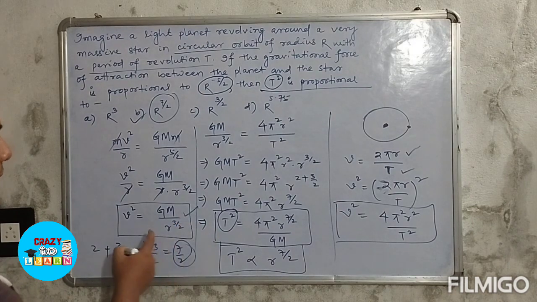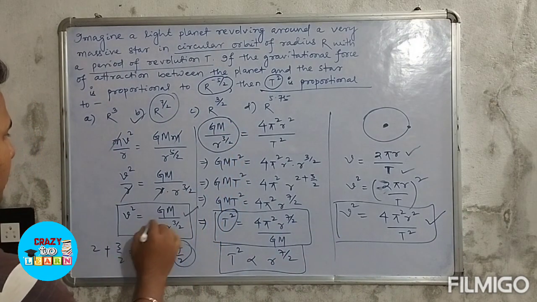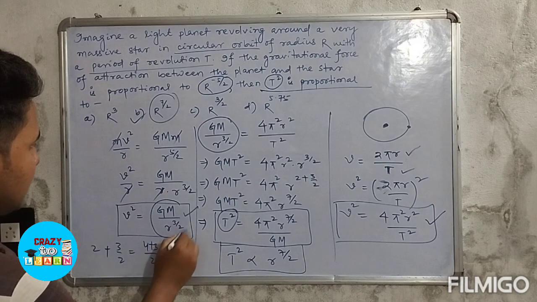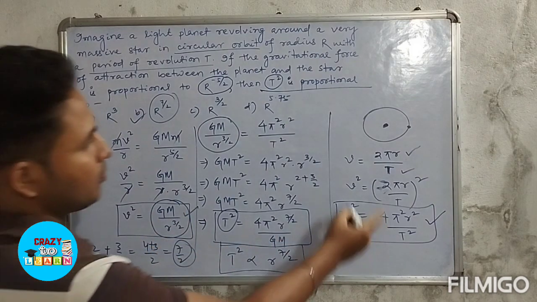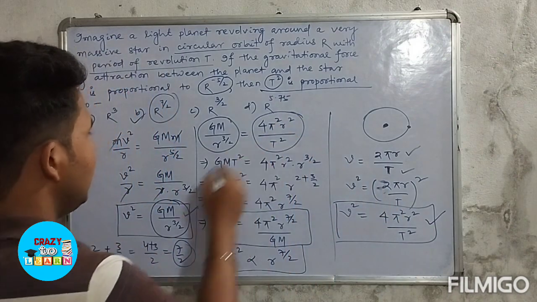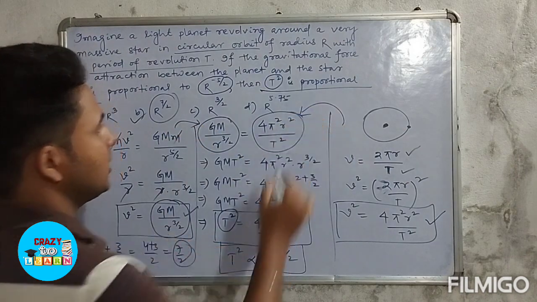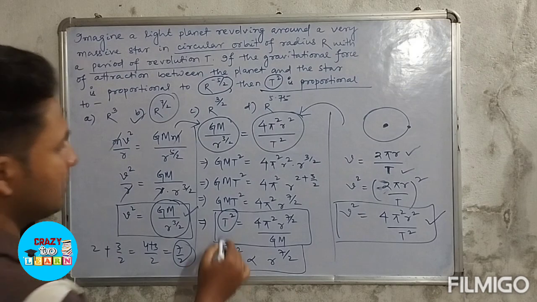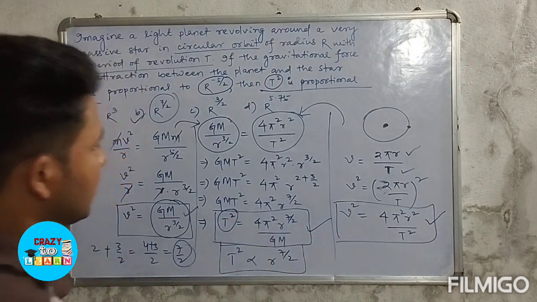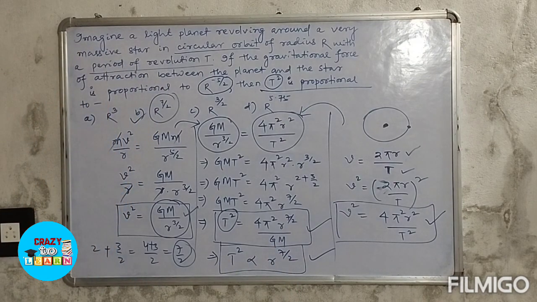Here we got the v square value, and here we will get the v square value, then I equate both the things. From this I got the v square value as capital GM by r power 3 by 2. Then after equating, I get the formula for T square, and from that formula I get the relation T square is proportional to r power 7 by 2. All you are clear? This is a very important problem. Just keep all these things in mind.